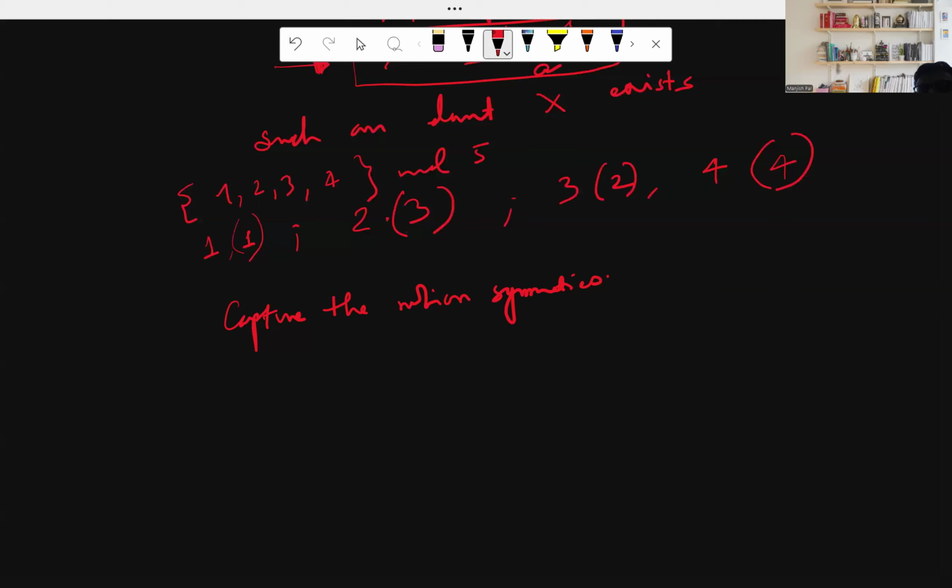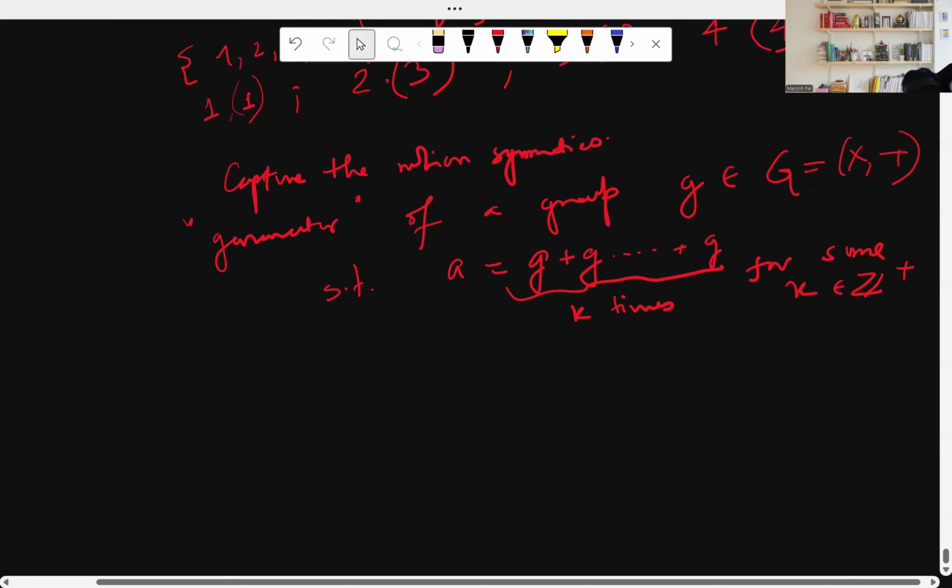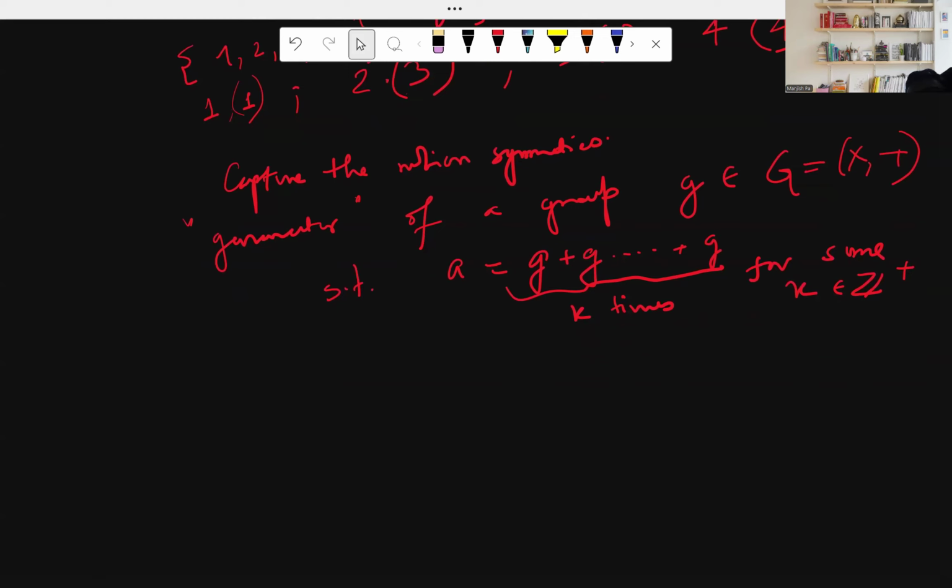So there is a concept of a generator of a group, which is an element g in G, where G is equal to (X, plus), such that every element a can be written as g plus g, k times, for some integer k. So this is the concept of a generator,